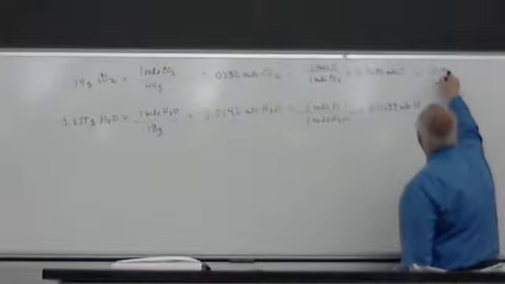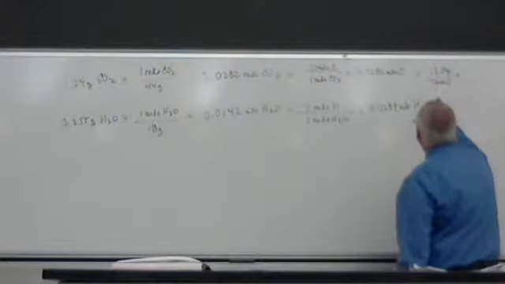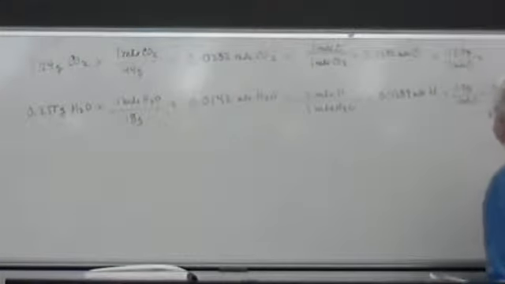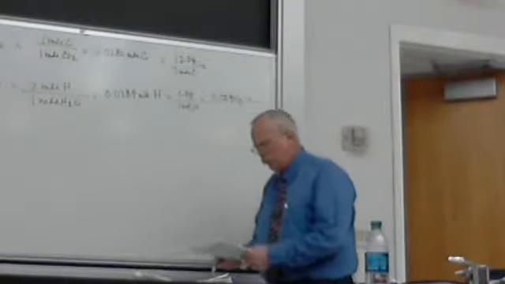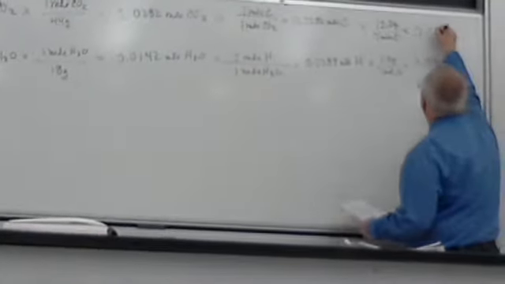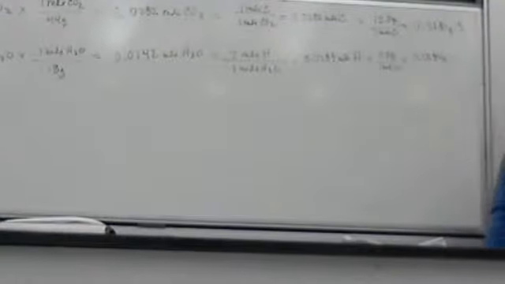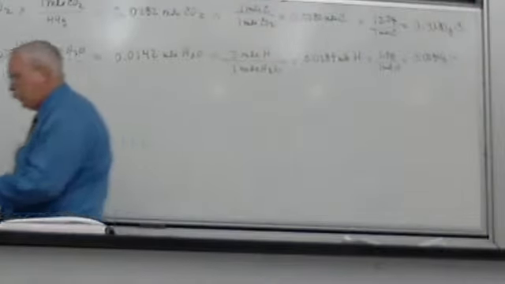12 grams for 1 mole of carbon and 1 gram for 1 mole of hydrogen. So this is 0.0284 grams of hydrogen, and this is 0.3387 of carbon. So I take my original weight of the compound, which was 0.519 grams, and I subtract from that